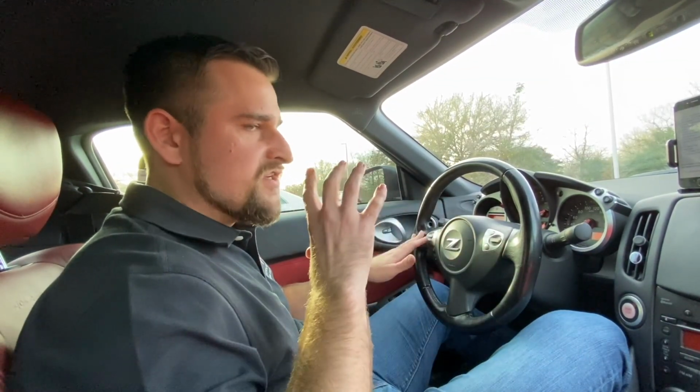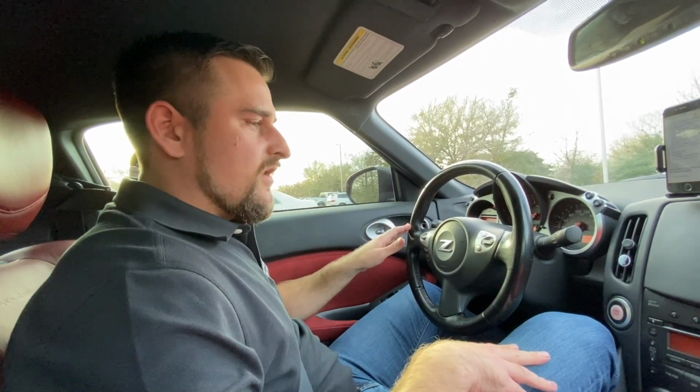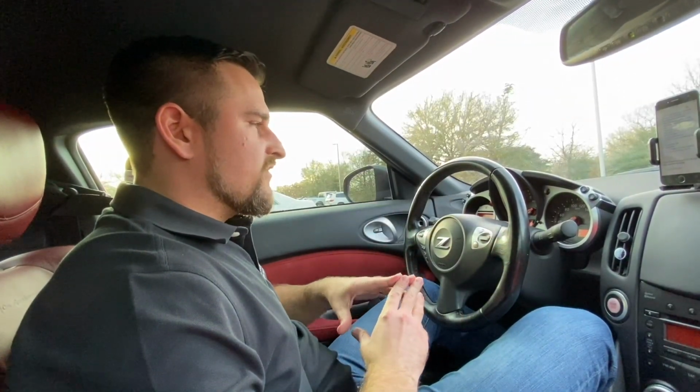My 370Z 40th anniversary MSRP came in just under $40,000. It was $39 and change, and then the base to the touring would range anywhere from the mid-30s into the 40s depending on what specs, what options you got. And so brand new $40,000, I was able to get this car at auction for $12,000 with 91,000 miles. It was wholesale, so direct dealer only auction. So that was a wholesale price. I believe the retail value on my car currently is probably closer to about $14,000, perhaps slightly more, depending on who wants it,